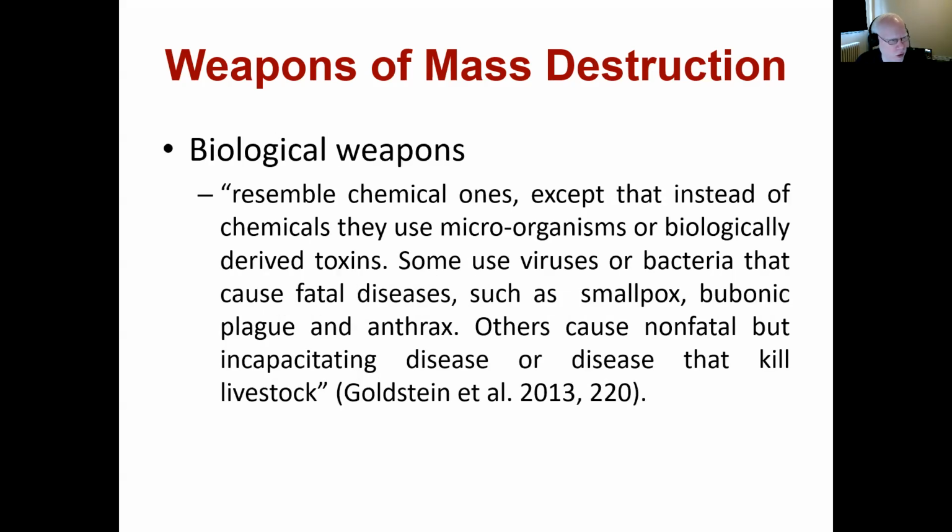And then finally, biological weapons. So resemble chemical ones in many ways, except that instead of chemicals, they use microorganisms or biologically derived toxins. So the weapons are biological in nature. Some use viruses or bacteria that cause fatal diseases such as smallpox, bubonic plague, and anthrax. Others cause non-fatal but incapacitating diseases,